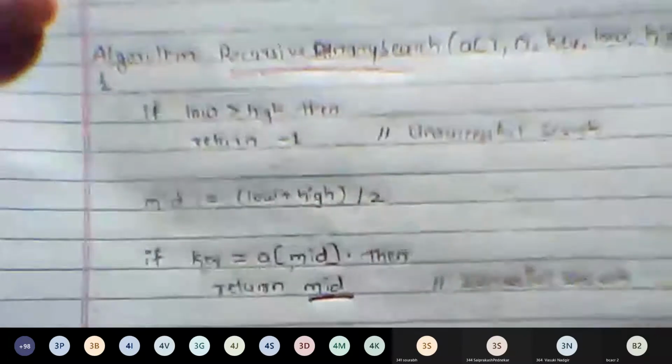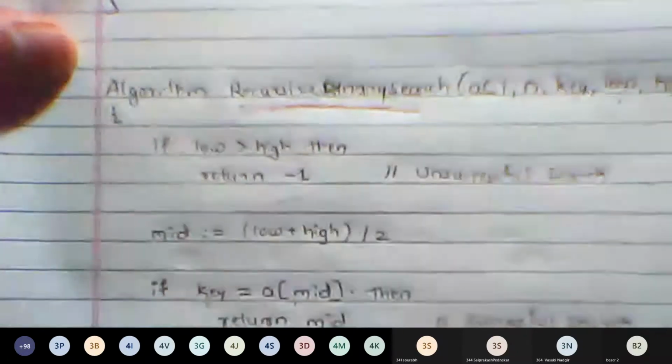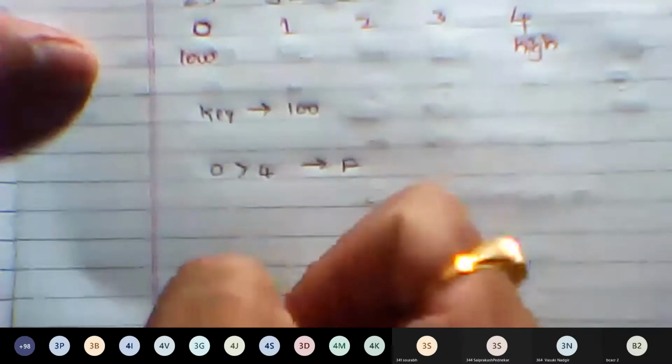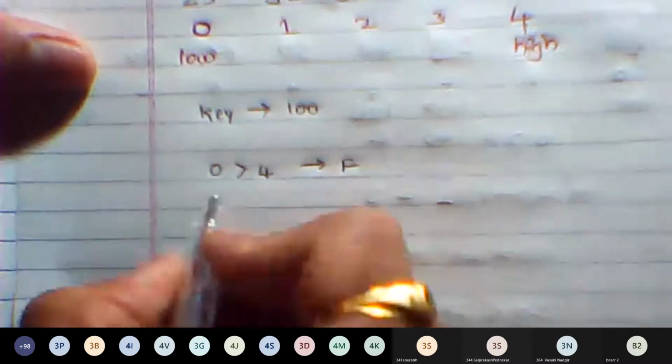The first check we do is whether low is greater than high. In this case, the low value is 0. Is it greater than high, which is 4? So this condition turns out to be false. Since it is false, we proceed to calculate the mid value.